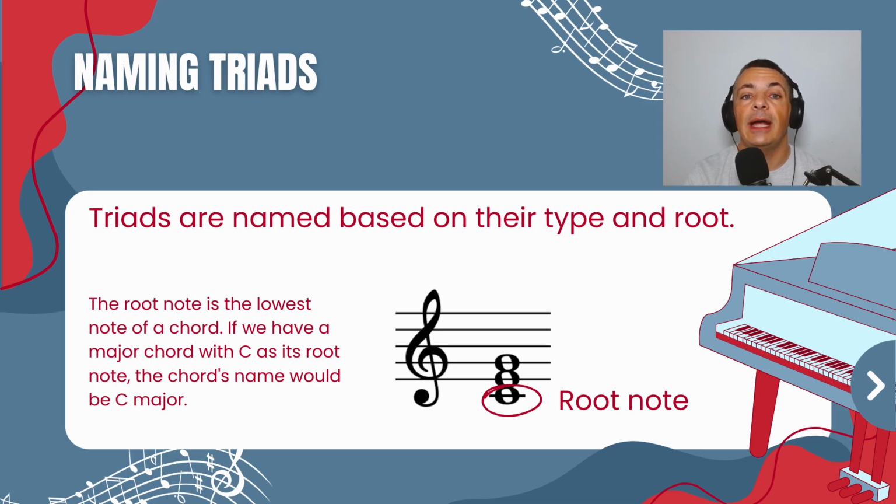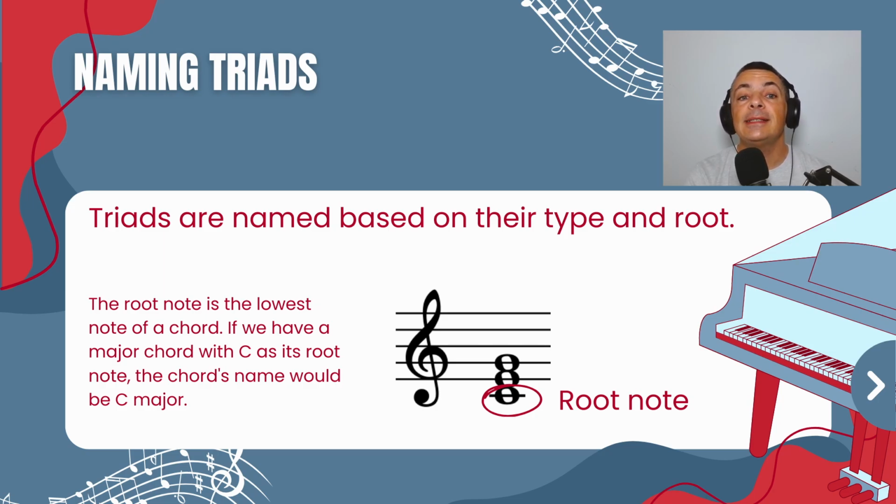Let's see how triads get their names before we introduce each one. Triads are named based on their type and root. The root note is the lowest note of a chord. If we have a major chord with C as its root note, the chord name would be C major. If we have a minor chord with F as the root note, the name of that chord would be F